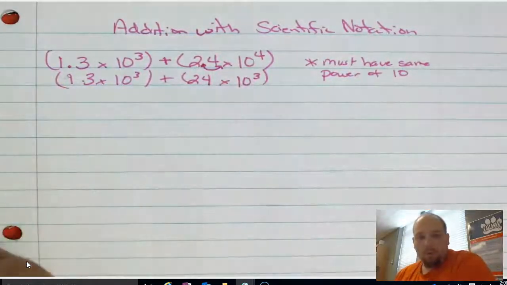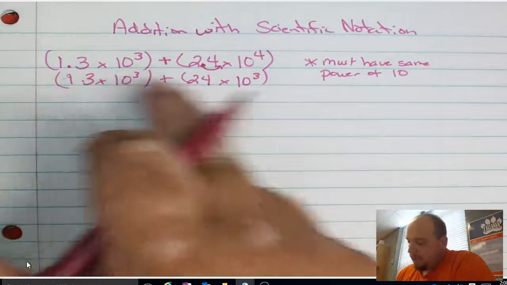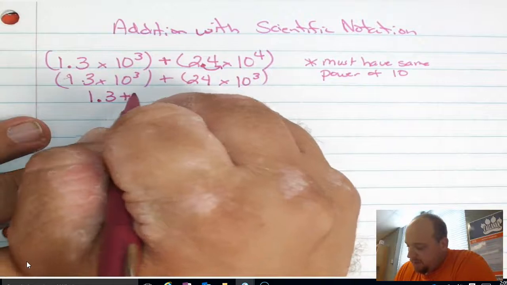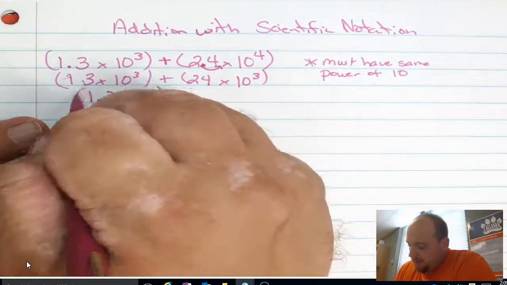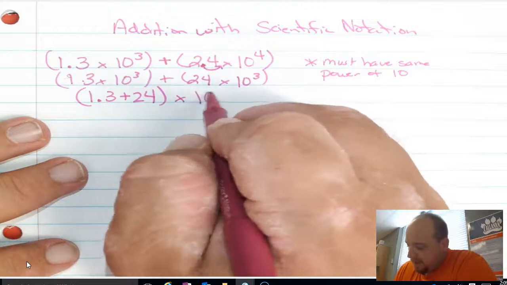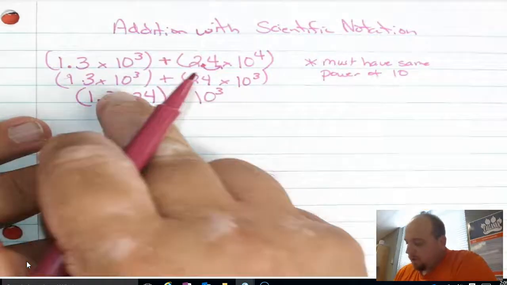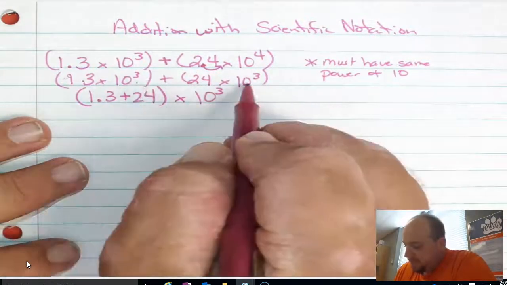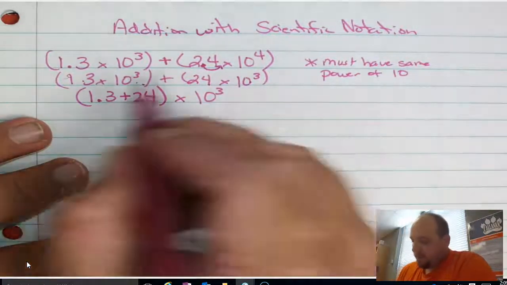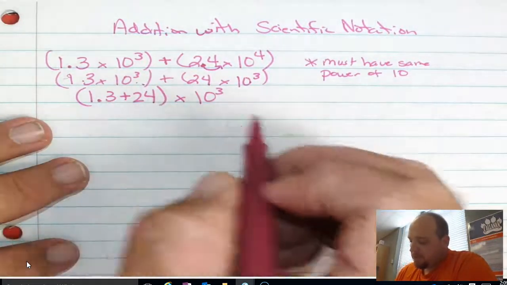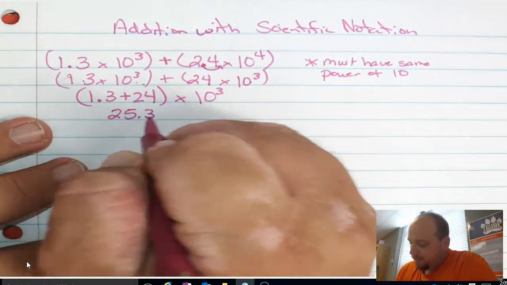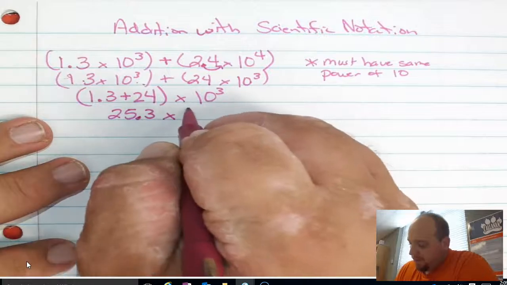Now that I have them both written in the same power, I can go ahead and add the factors. So now I can go ahead and group them, 1.3 and 24. And now because I have the same power of 10, I'm just going to write times 10 to the third power, because I'm not going to add them or do anything with them, because now they are exactly the same. So I just carry it down here, and I use that as 10 to the third power. So now I'll go ahead and do 1.3 plus 24. I get 25.3. So now I have 25.3 times 10 to the third,